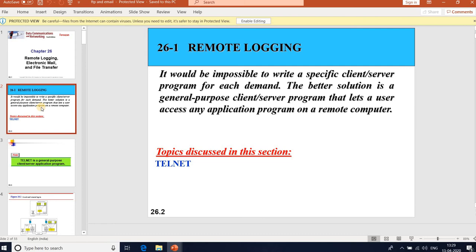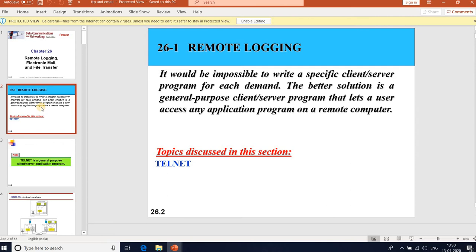On the internet, users may want to run some application programs at a remote site and create results that can be transferred to their local sites. For example, students want to connect to university labs from their home to access application programs for doing homework, assignments, projects, etc.